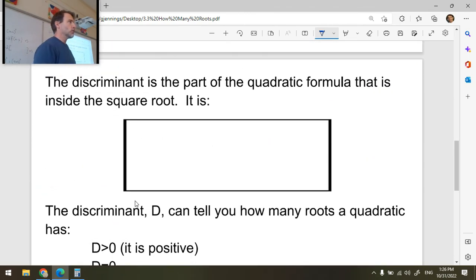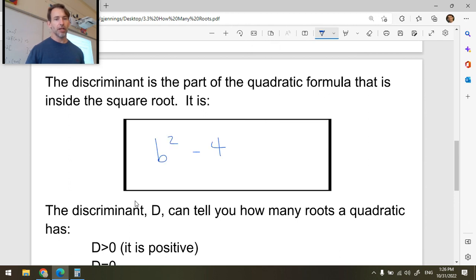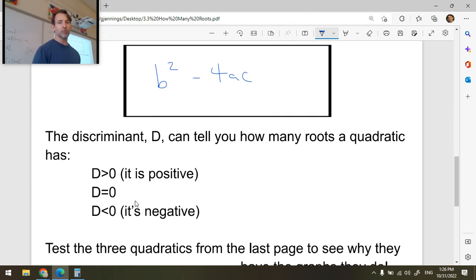So this is all showing us one of the tools that's hiding inside the quadratic formula, and it's called the discriminant. It's a part of the quadratic formula. It's inside the square root, and it's the b squared minus 4ac. Okay? That's the discriminant. So I'd like you to get that into your notes for sure today. The discriminant can tell you how many roots a quadratic has. If d is positive, if you're taking the square root of a positive number,